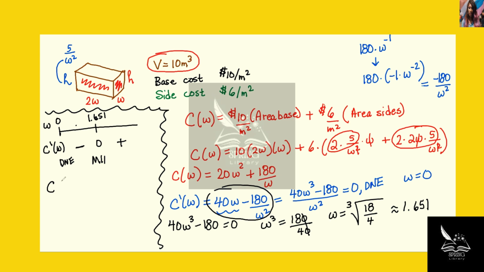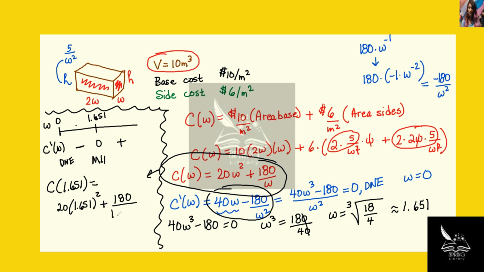So our C at 1.651 is going to equal, and let's use this one because it's right there, we'll plug in 1.651 for each W, so squared, plus 180 over 1.651. And when we plug that into our calculator,